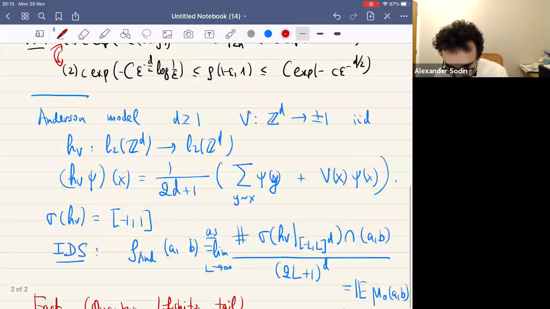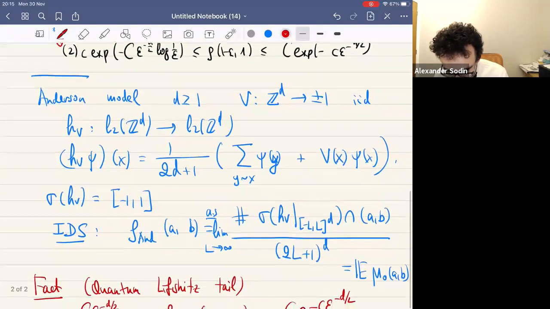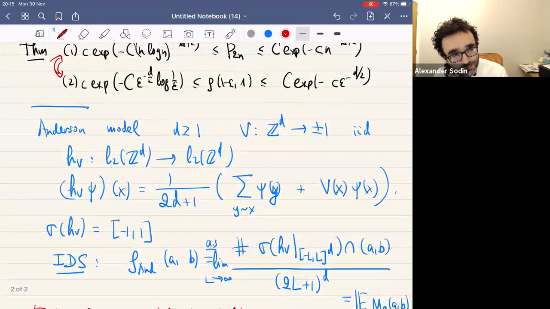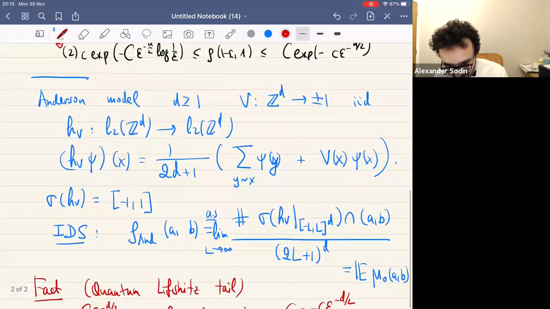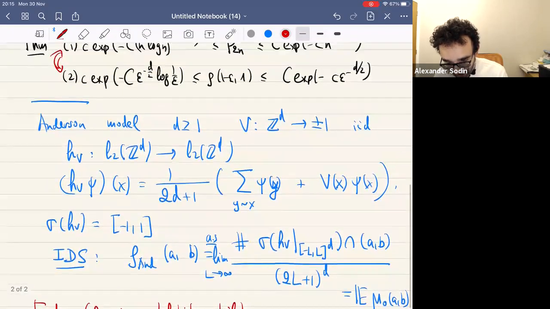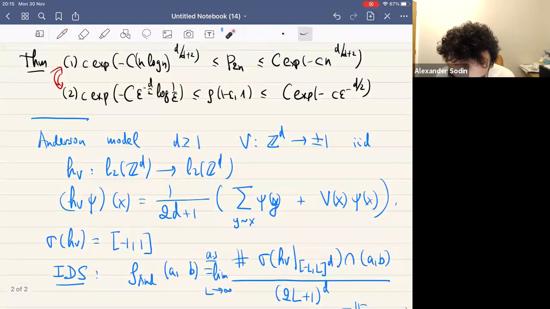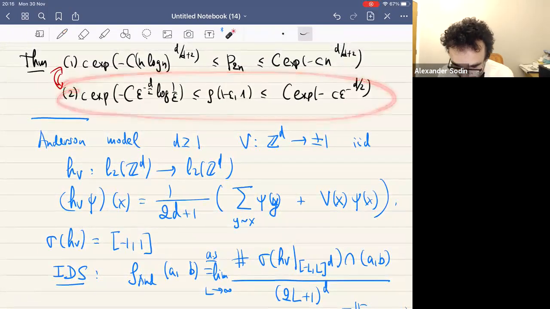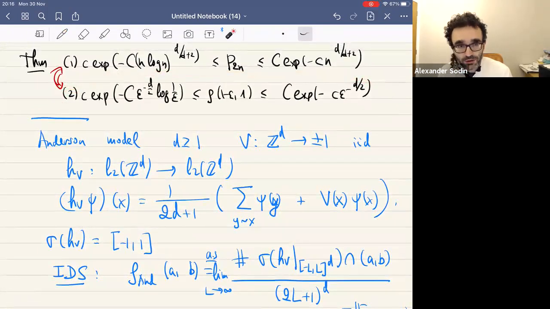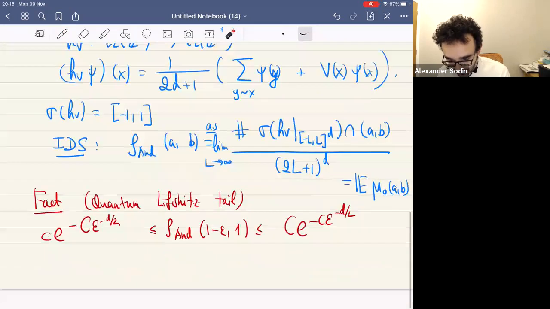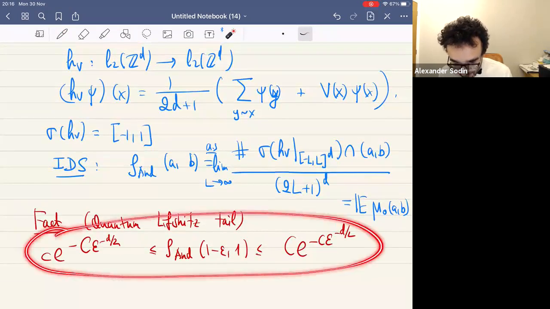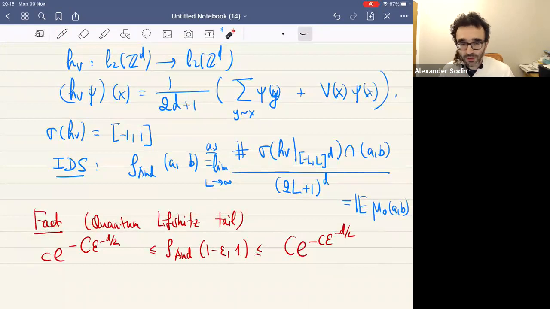So let me just remind you of this. I can't fit it on one screen, but it looks very similar. Here on top we see our result for the measure corresponding to the 15 puzzle, and this is the Lifshitz tail. You see that it looks very similar. And in my narrative, this is supposed to justify the analogy between the Anderson model and the random operators,